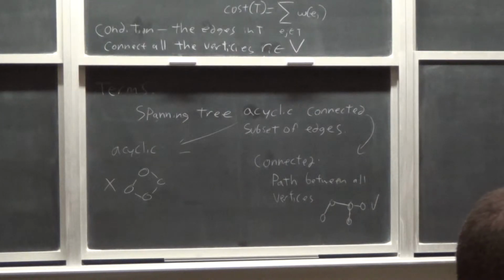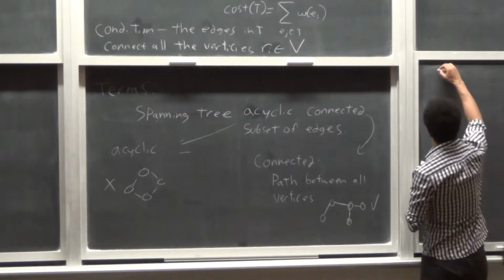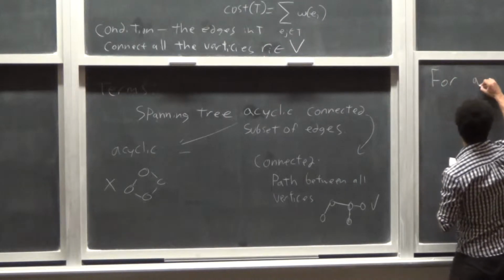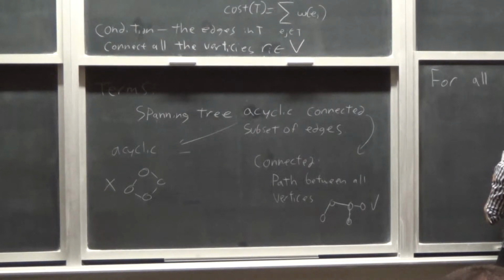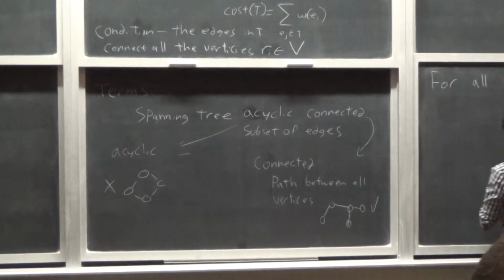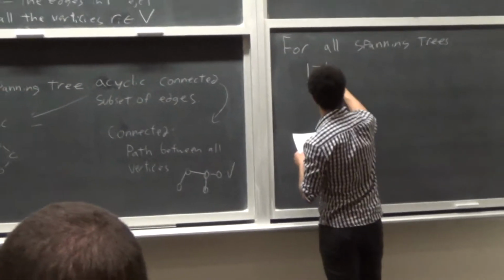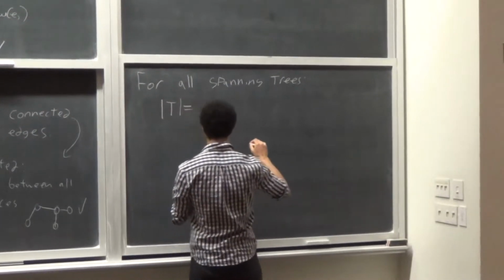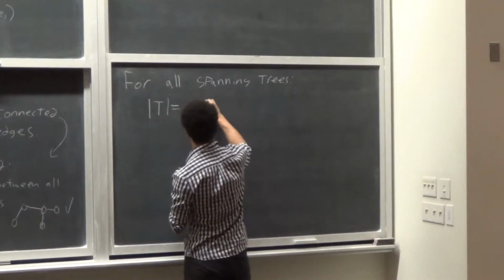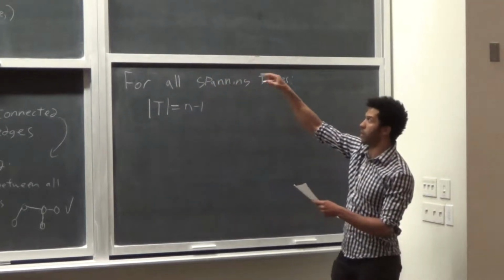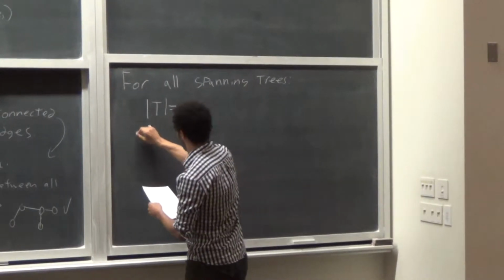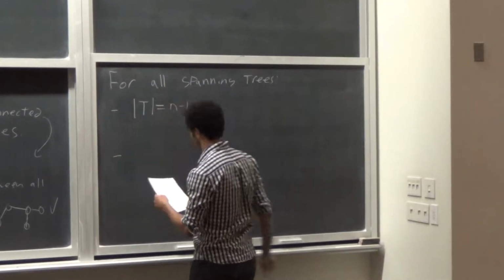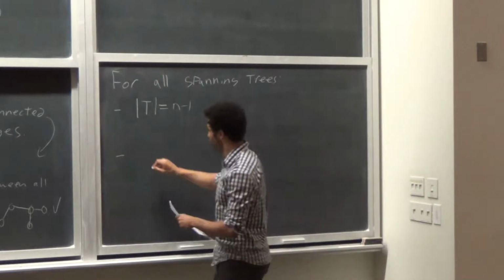So there's some basic properties for all spanning trees. It turns out that the size of set T, the edges, is n minus 1, which, if you recall, is the number of vertices. It also turns out, so this is like property 1, that removing an edge